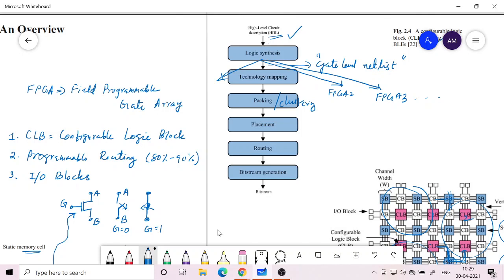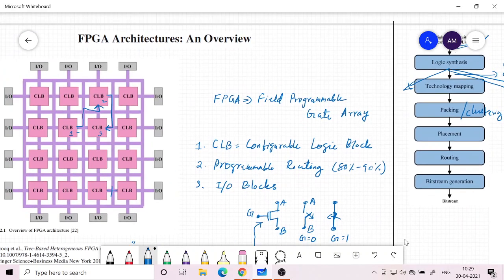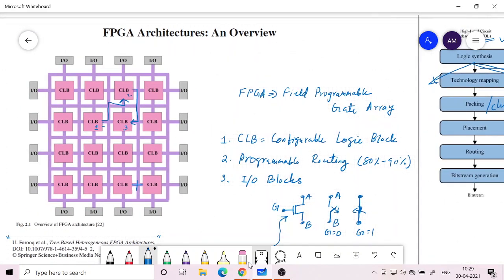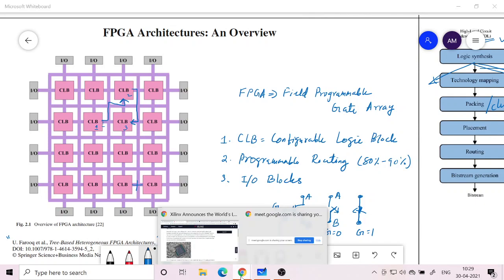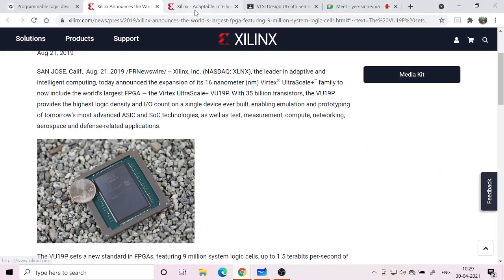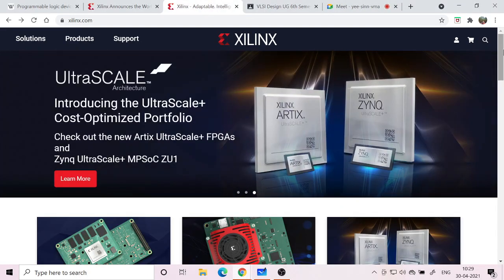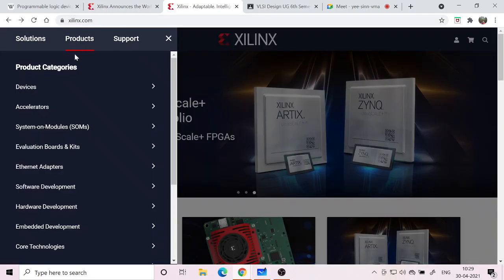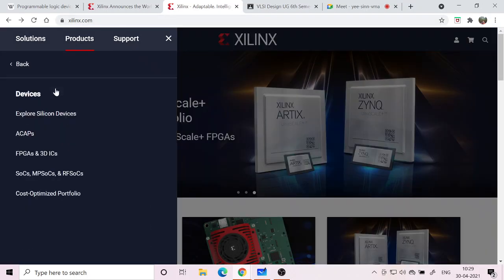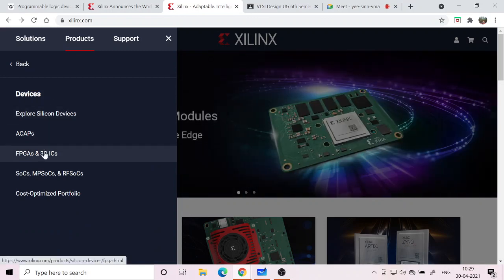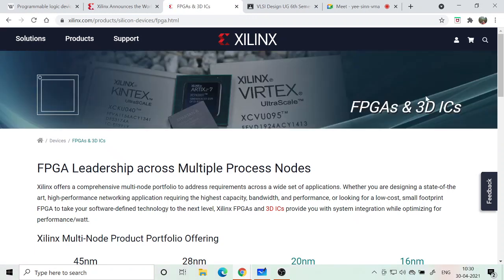Alright, so this is basically the architecture of FPGA, and if you look at the website of Xilinx, you can see various of their products. Here, under devices, FPGAs are one of their major focus. They fabricate lots of FPGAs.